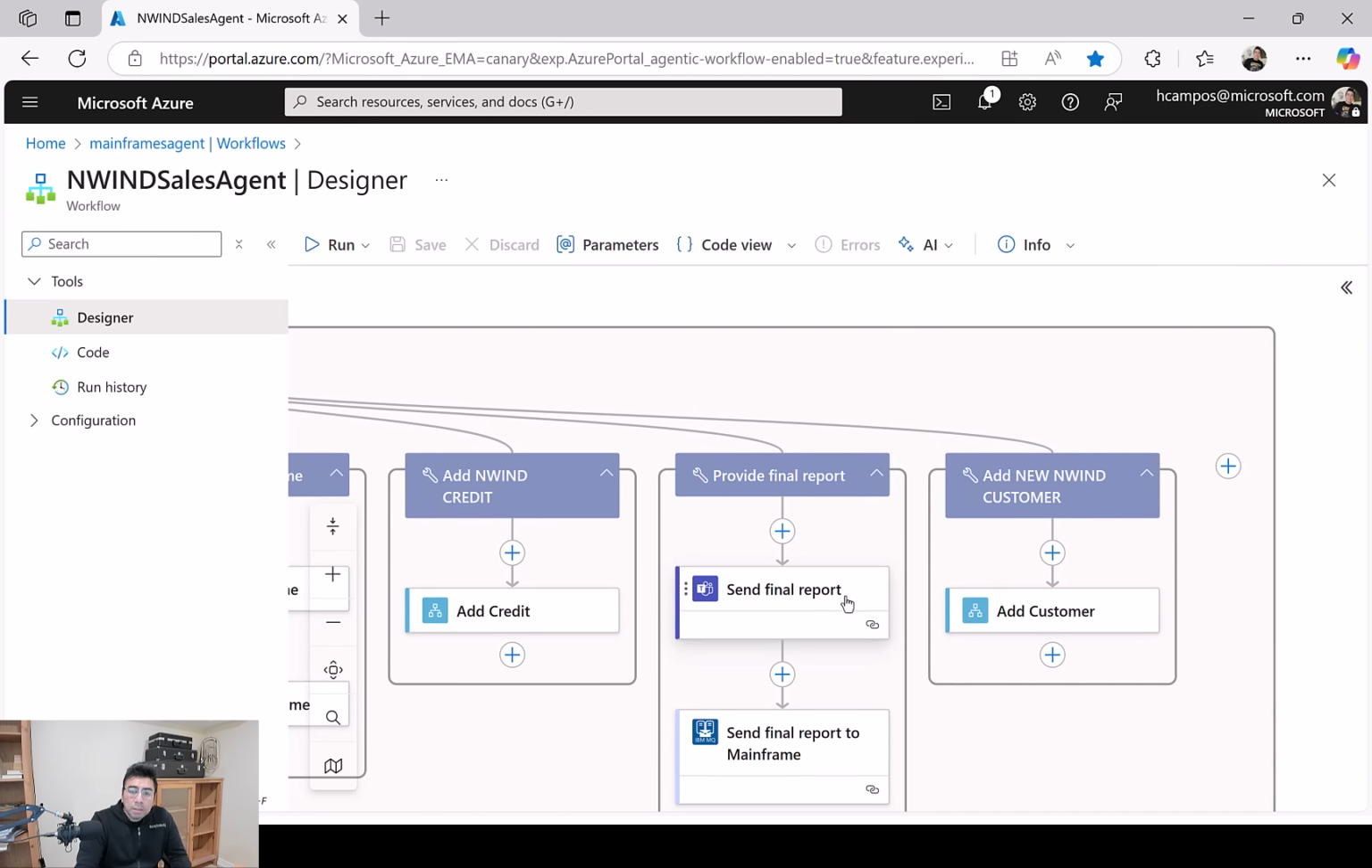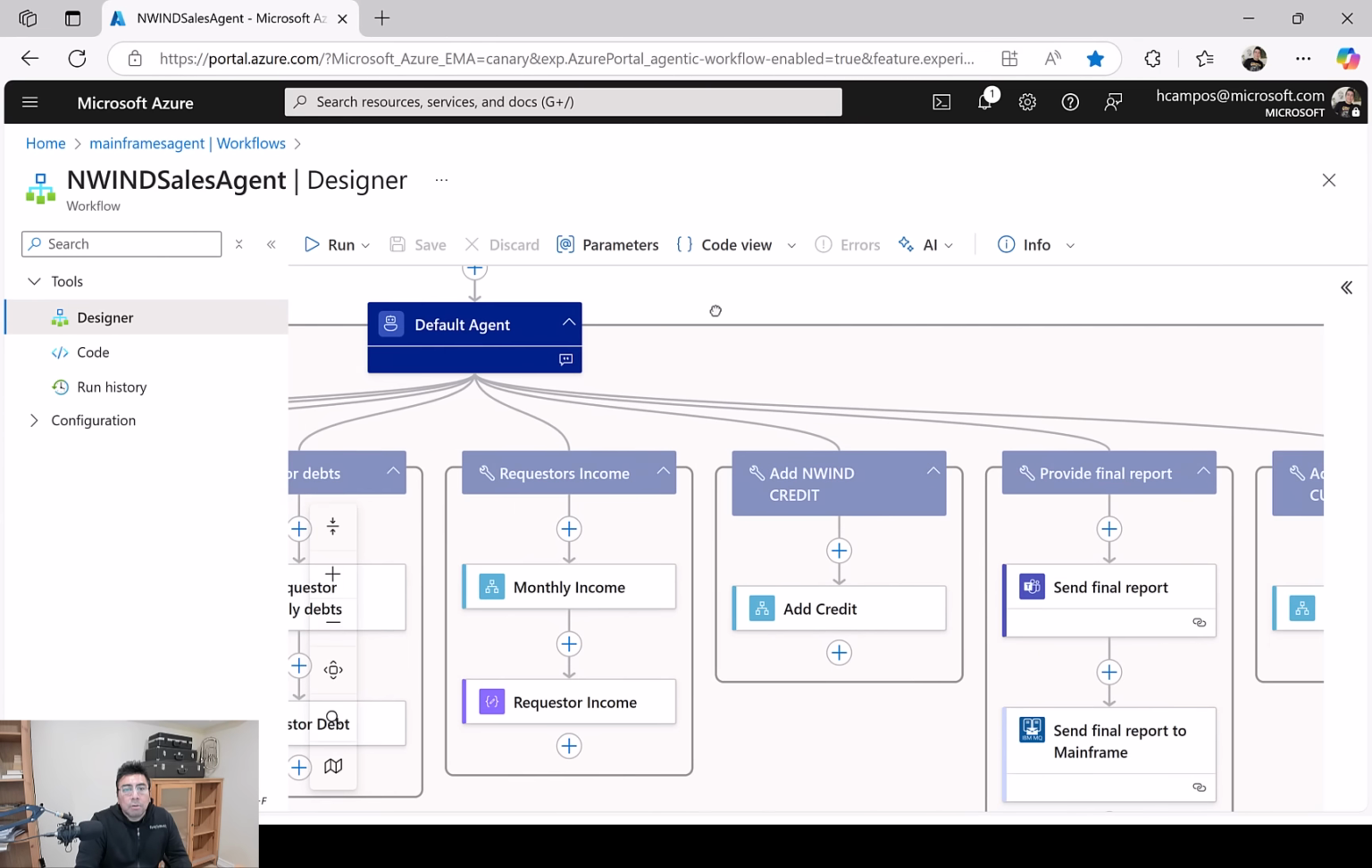and then it will be providing the final reports, one to the user that is logged on at this moment using Microsoft Teams, and another one that will be sent to an IBM MQ running in Northwind's mainframe. So let's run it now. So I have three